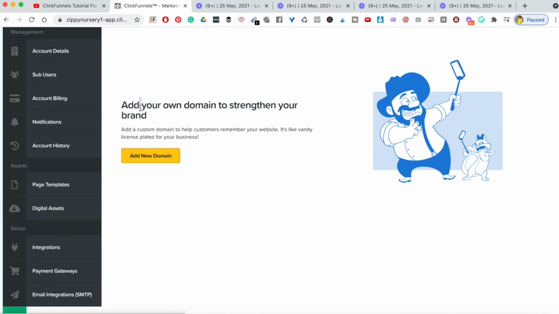So you can add your own domain to strengthen your brand over here, which means that you have a pretty funnel. So instead of your domain being, for example, zippynursery1/app, and it will say ClickFunnels at the end, if you don't want it to show that you're using ClickFunnels, then you simply come over here